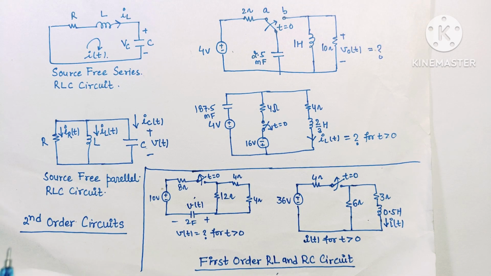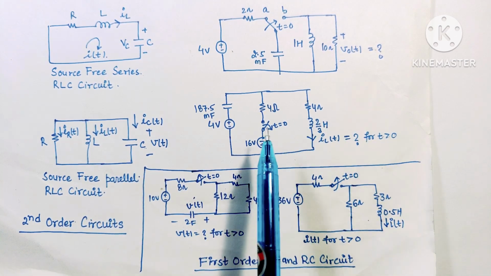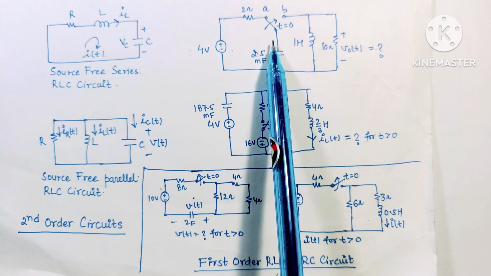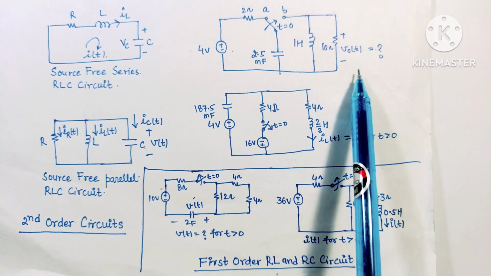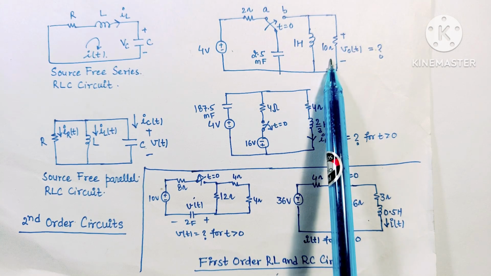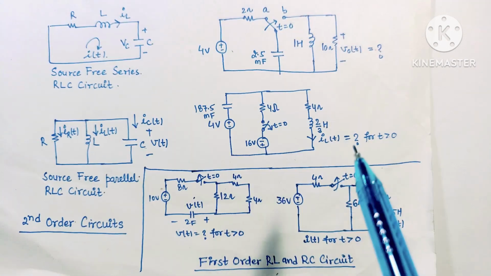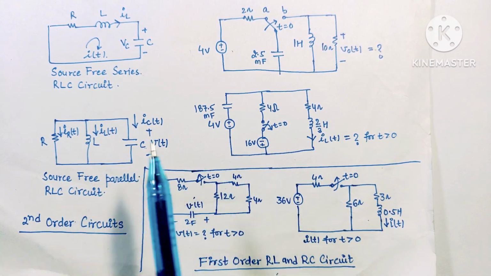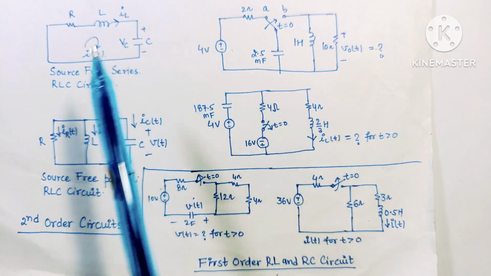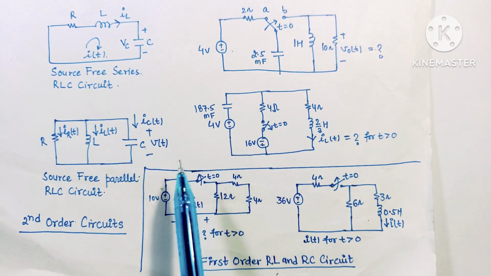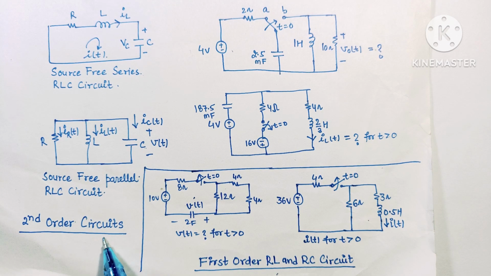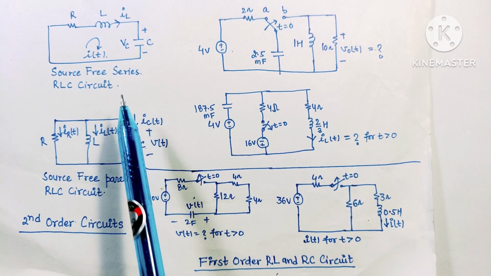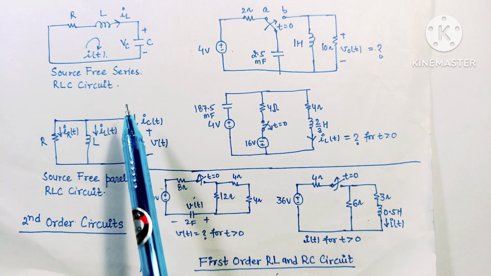Most of the time in examinations, questions are asked on this type of circuit where R, L and C elements will be connected along with a switch, and according to the movement of the switch, the voltage or current at any element, whether resistive, inductive or capacitive, will be asked. This is another example of the RLC circuit. So in our questions these types of elements will be connected, for which we have to calculate the voltage or current. Here second order circuit means if we calculate the characteristic equation of these four circuits, then the power of s, or the order of the circuit, will be 2.